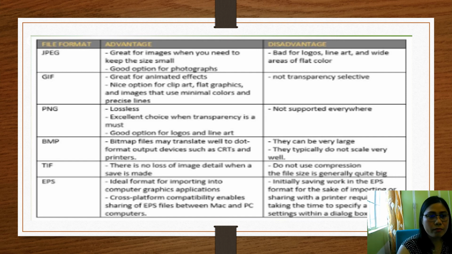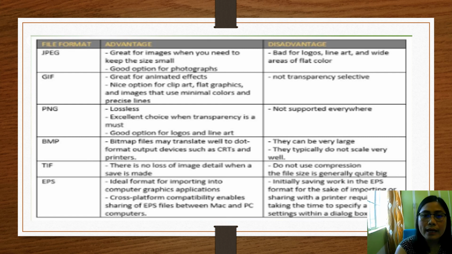Okay? Next is the PNG o yung tinatawag natin na Portable Network Graphic Files. Ito naman ay lossless image format. Originally designed para ma-improve and replace the GIF format. So, yung PNG files are able to handle up to 16 million na colors naman, unlike sa 256 colors